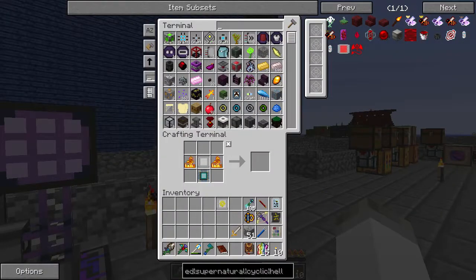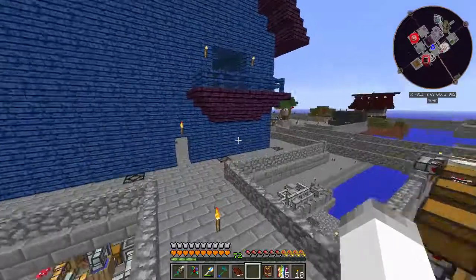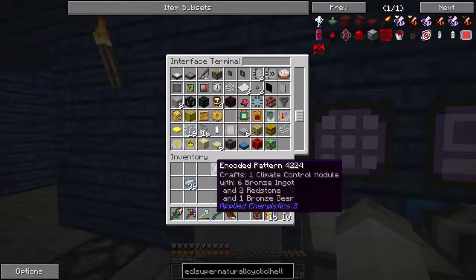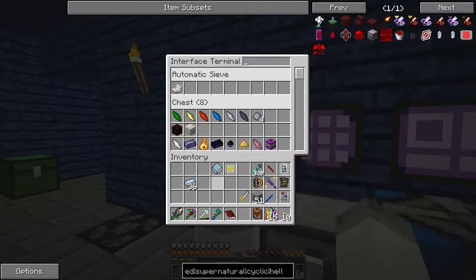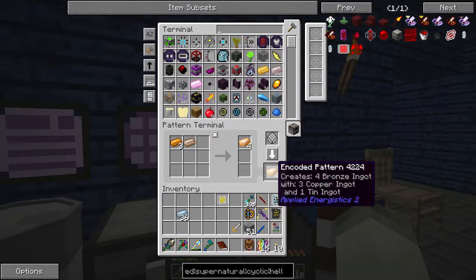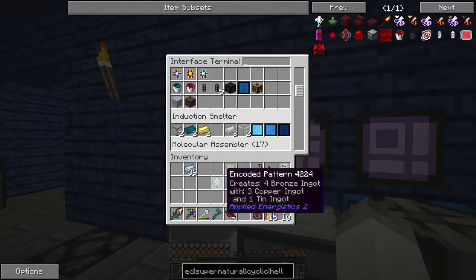We're missing 10. Really? Yeah, no. So the climate thing needs to change how it's made. Or no, it's the bronze, I would bet. Let's see. Can do that, and that should be fine now. So